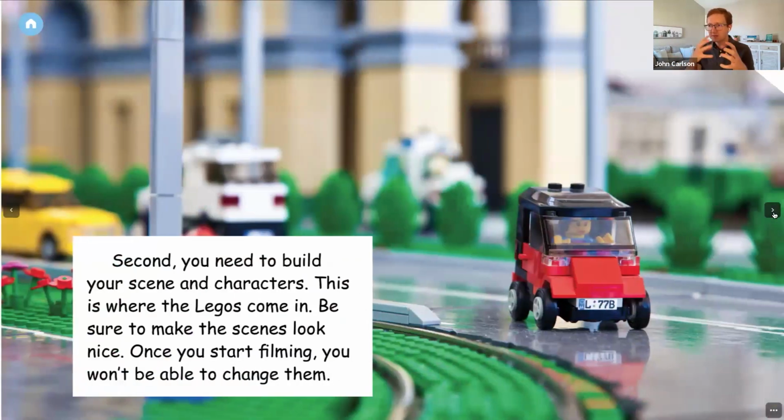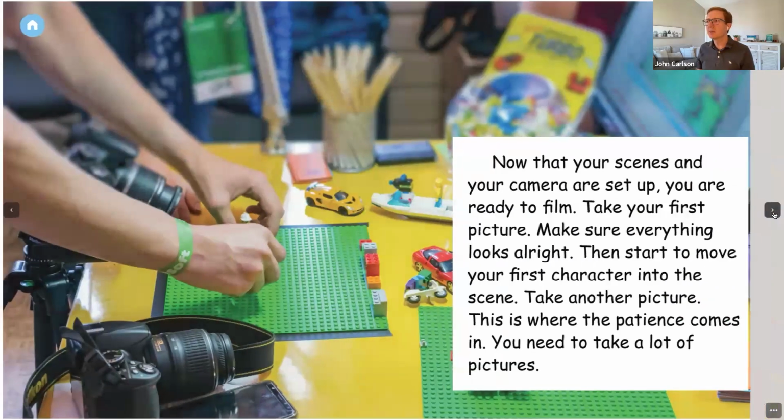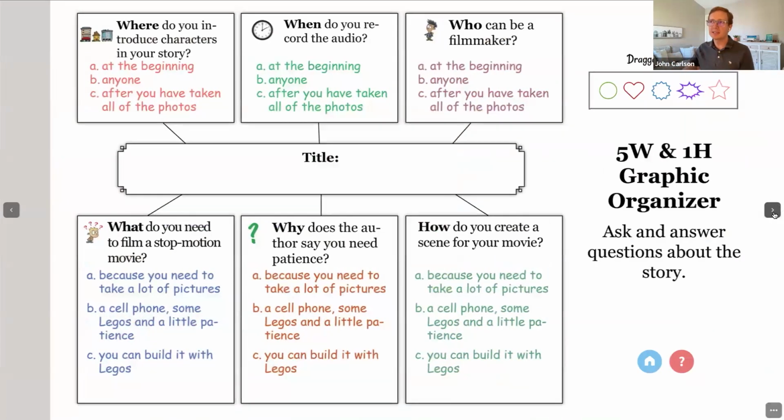So the stories are slides like this. They're very image based, a lot of fun to read. And after you're getting through them, you'll find things like this, graphic organizers, where you are answering questions based on the text. So where this meeting is being recorded is covering that up, but you can see how you're dragging and dropping and answering based on what the questions are and what they've read.